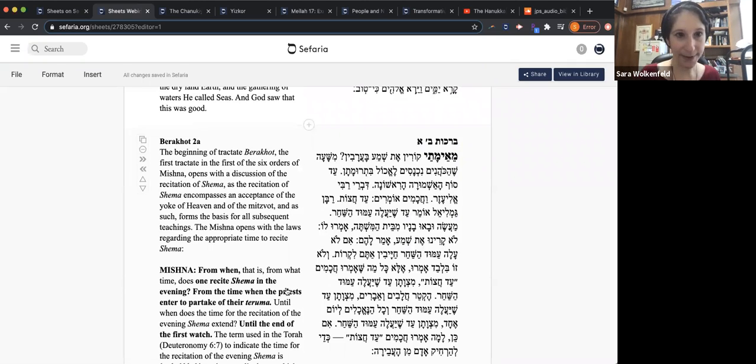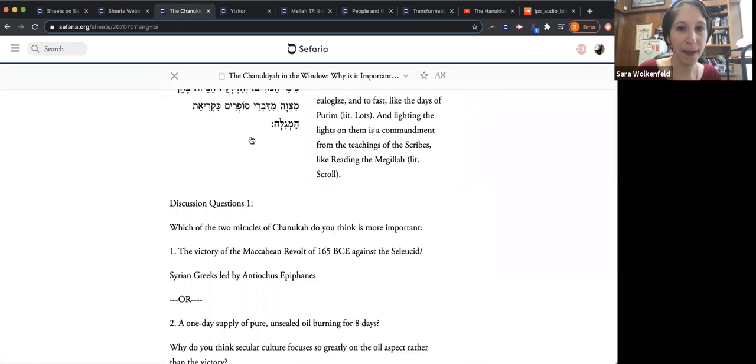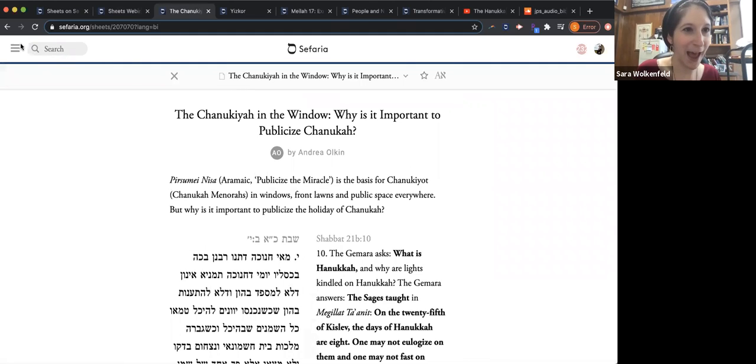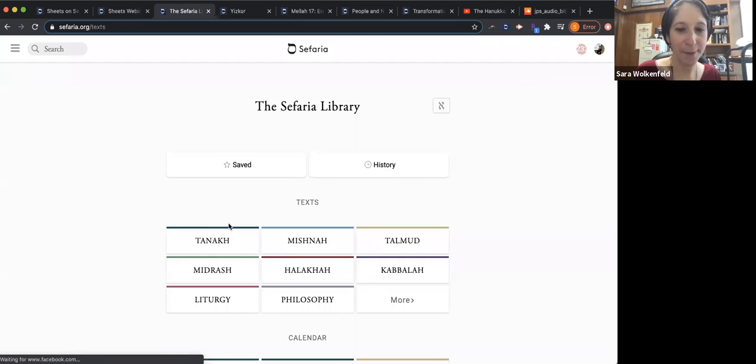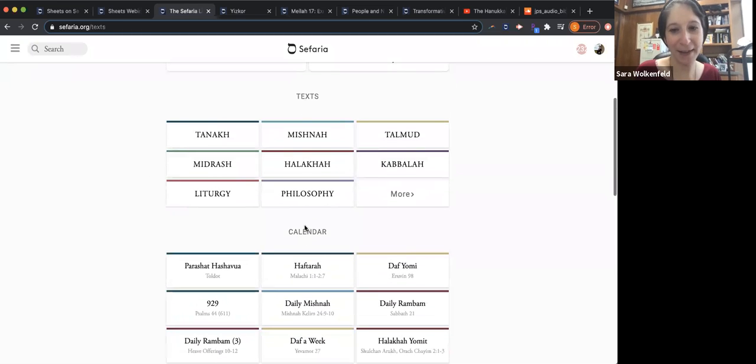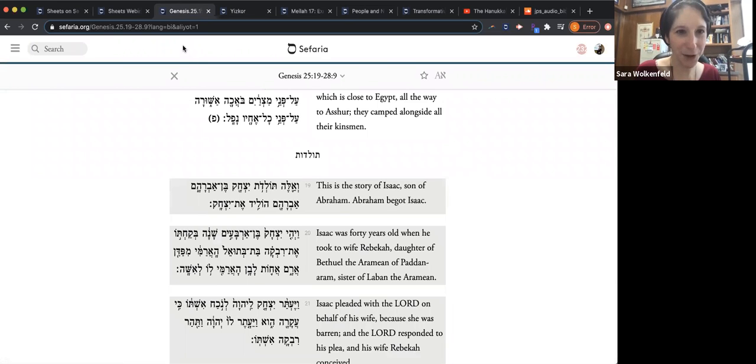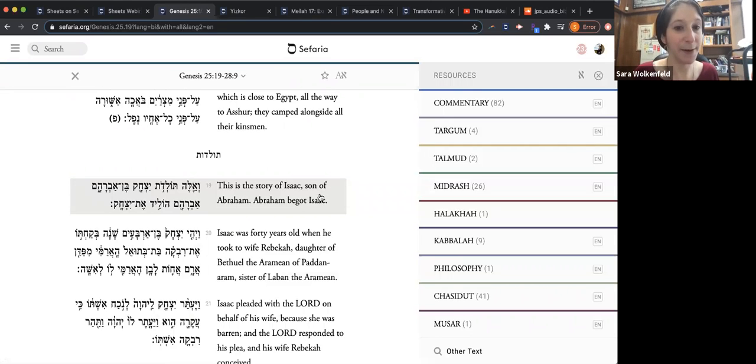The other possibility is that you could add a text to a sheet directly from Sefaria's library. So if, for example, I just happen to be reading through a text on Sefaria, I will take us to our calendar page and say that maybe I happen to be reading through this week's Torah portion, which I click to from our library. And I could decide I actually want to put some of the verses from this week's Torah portion onto my source sheet. Click to open the sidebar.